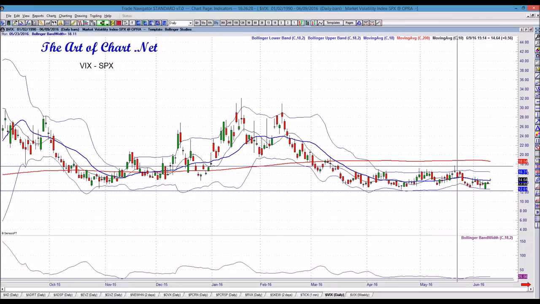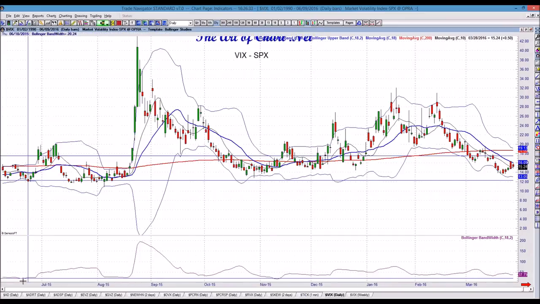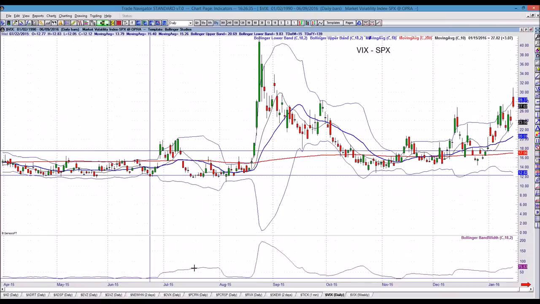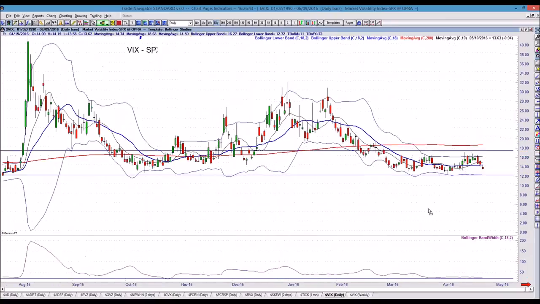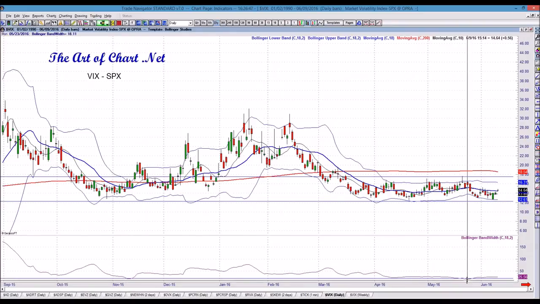So what this is telling me right here, this touch, and I could go back in history and show you other touches that are the same. Here's another one right here, okay? Back on the 15th of July, right here, it led to an expansion, okay? So again, low volatility with a Bollinger Band contraction is a signal on the VIX. So what this is signaling is that there's a coming expansion in the next couple of months, okay?